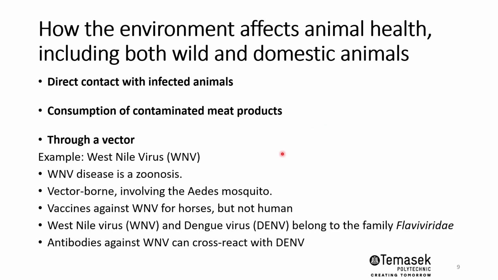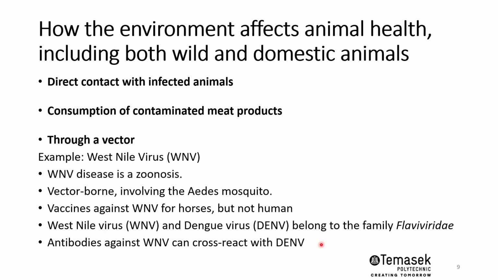Vectors are also a well-known example that can lead to zoonotic diseases being transmitted. A good example is the West Nile virus, or WNV. West Nile virus disease is a zoonosis. It is vector-borne and involves the Aedes mosquito, right? Although there are vaccines available for animals, they are not available for humans. And this virus itself is similar to the dengue virus, that we have an issue with here in Singapore, although